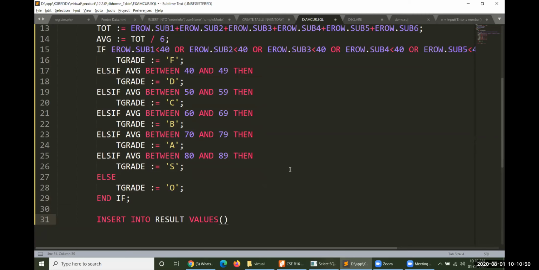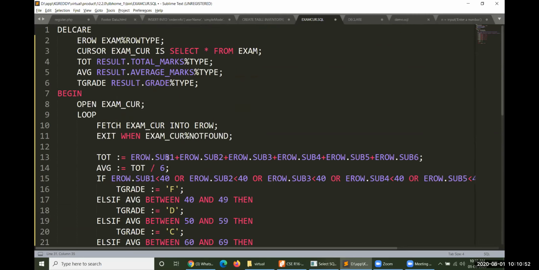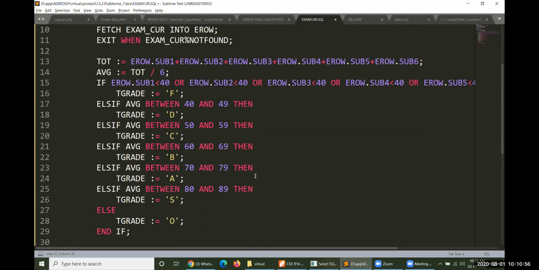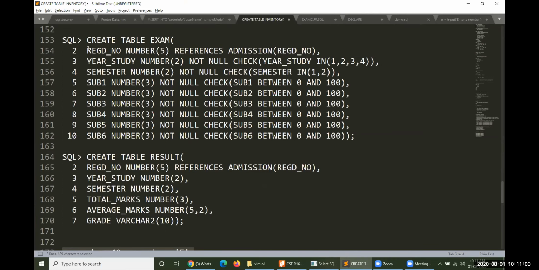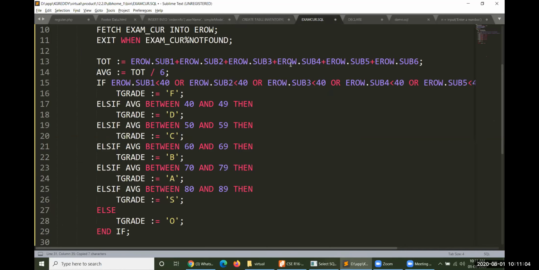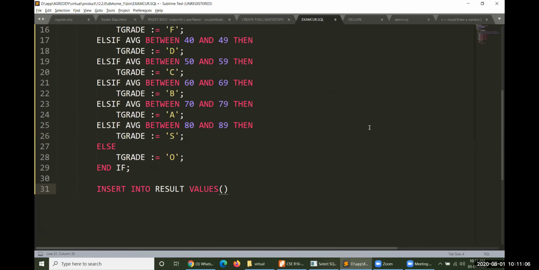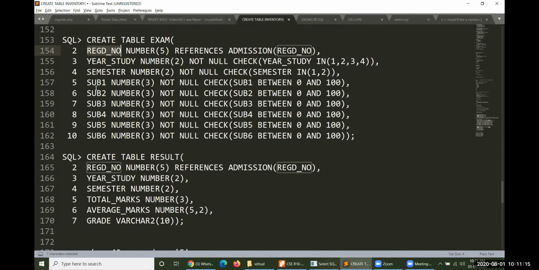First one is the register number, which you can find as EROW.REG_NO. I hope that is the name which we have given. So EROW.register number, comma, EROW.year of study.